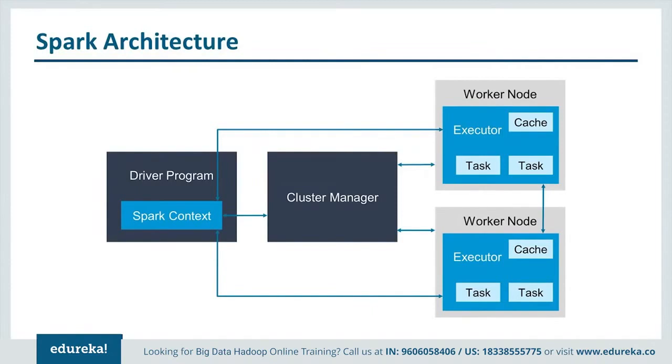Now, the executors will execute the various tasks that are assigned to them by the driver program, and at any point in time when the Spark application is running, the driver program will keep on monitoring the set of executors that are running the Spark application code. And this driver program here also schedules future tasks based on data placement by tracking the location of the cached data. So I hope you have understood the architecture of Spark. Any doubts? All right, no doubts.